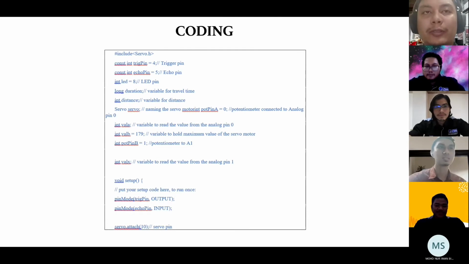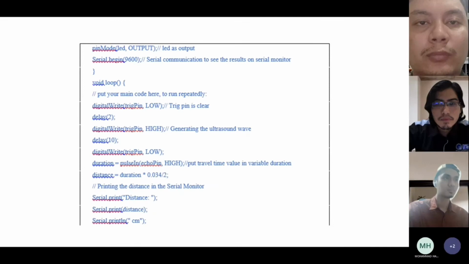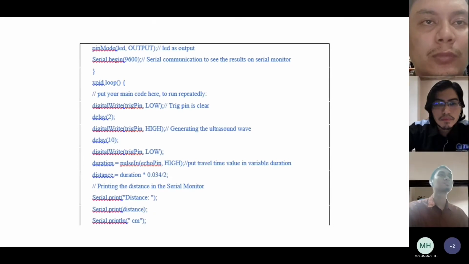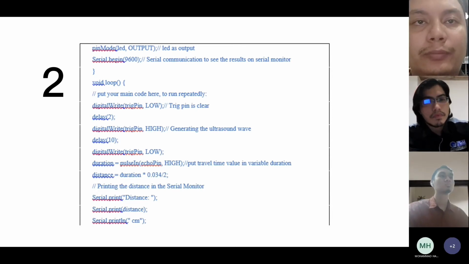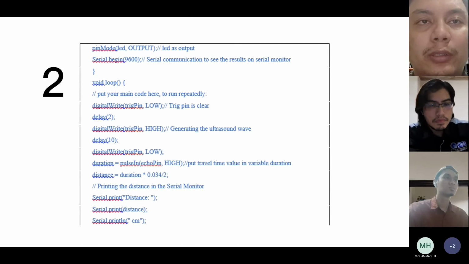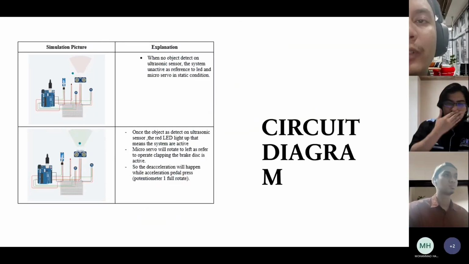Today I want to present about the coding. This page of coding is about the word log and several things, such as writing the trigger pin that can give input and data to the processor. Okay, for the circuit diagram,